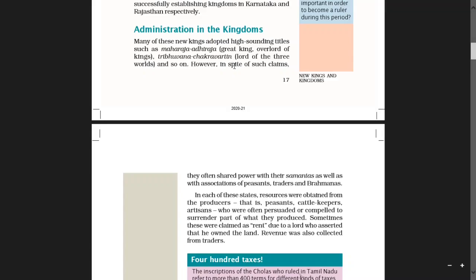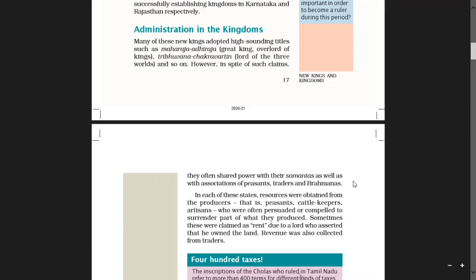However, in spite of such claims, here boys, it means assert or assume. However, in spite of such assertions, they often shared power with their samantas as well as with associations of peasants, traders, and Brahmanas.